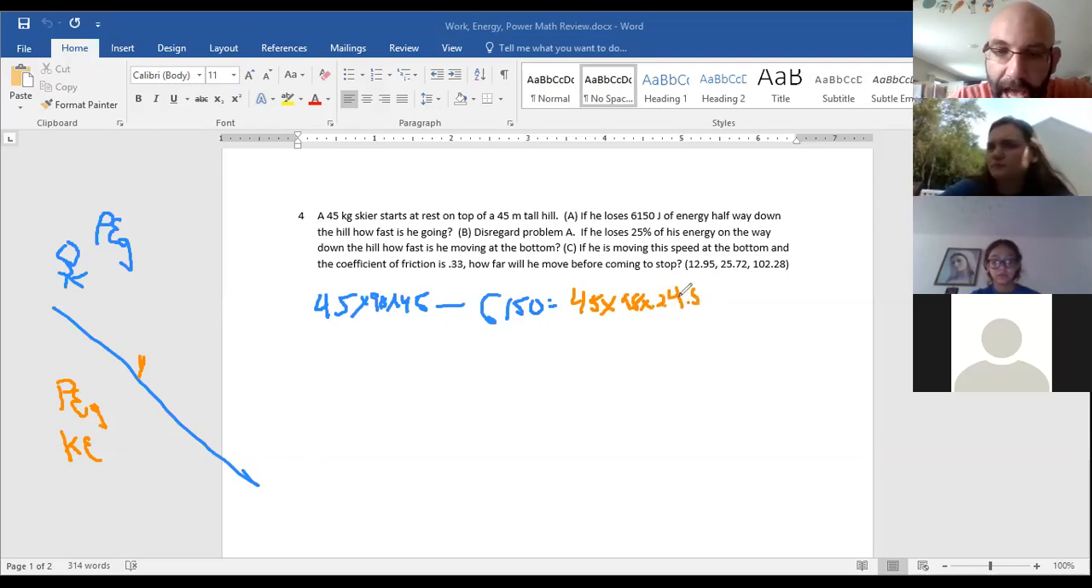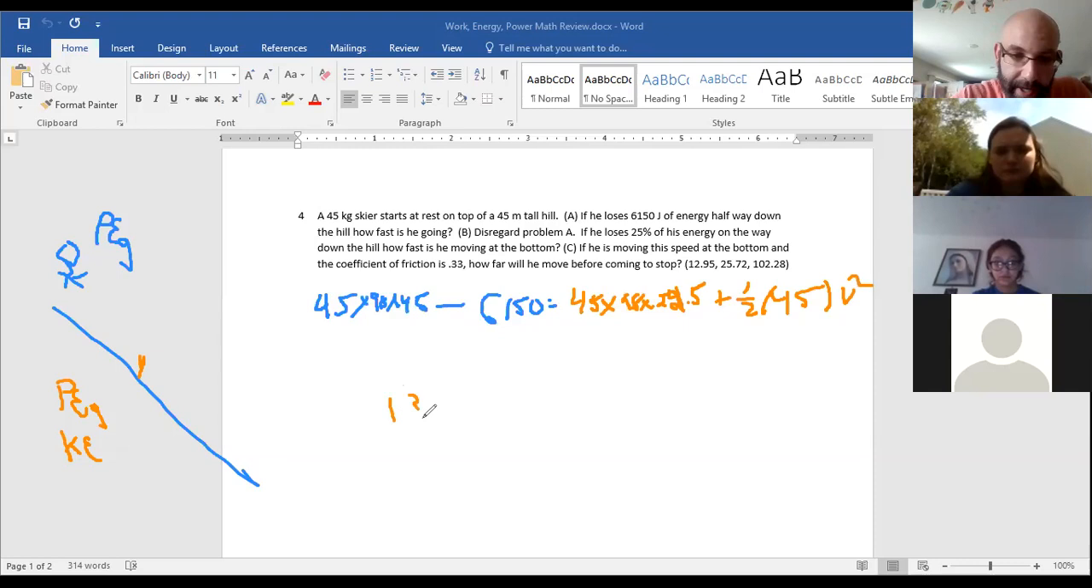Half of 45 is 24.5. All right, no, it's not. Half of 45 is 22.5. Plus kinetic energy, 1/2 mv squared. So if we solve the left-hand side, so 45 times 45 times 9.8, and we subtract 6150,